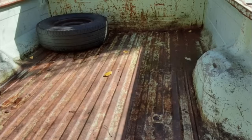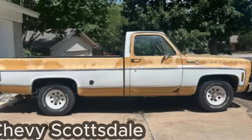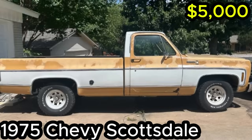For just $500, it's a solid start for a project or parts donor, especially with a clean body and a classic platform that still holds value in the vintage truck community. Again, that's a 1980 Ford F-100, straight 6, column shift manual, non-running, salvage rebuilt title, available in Cary for just $500. Number 13, the 1975 Chevy Scottsdale,